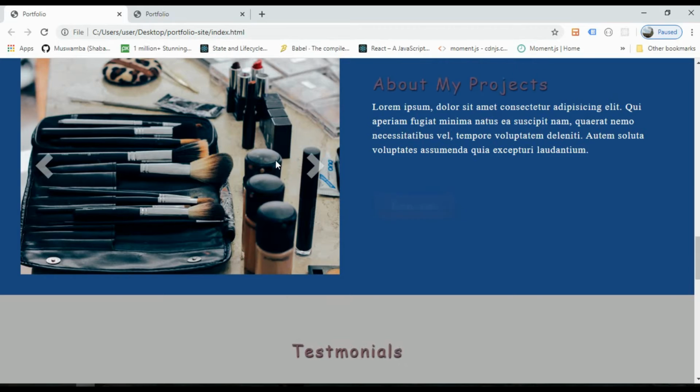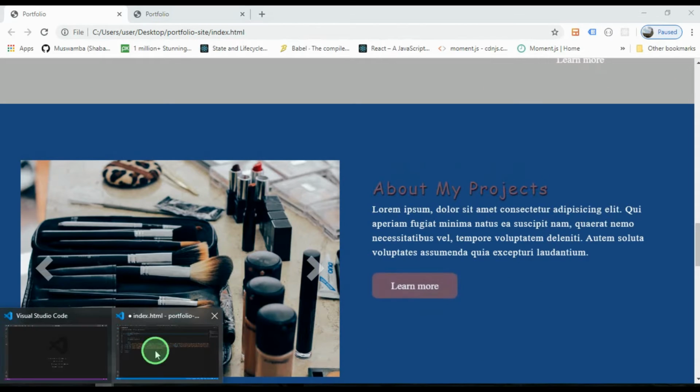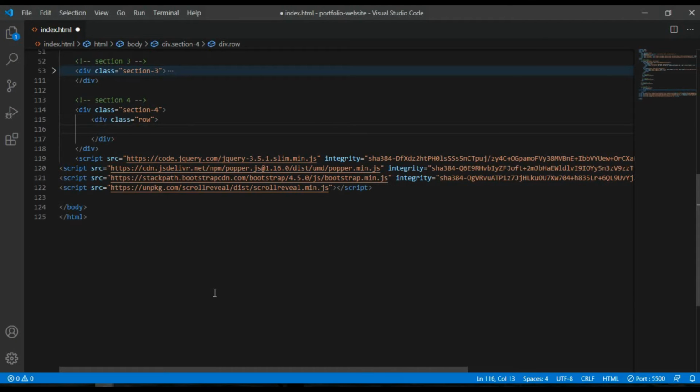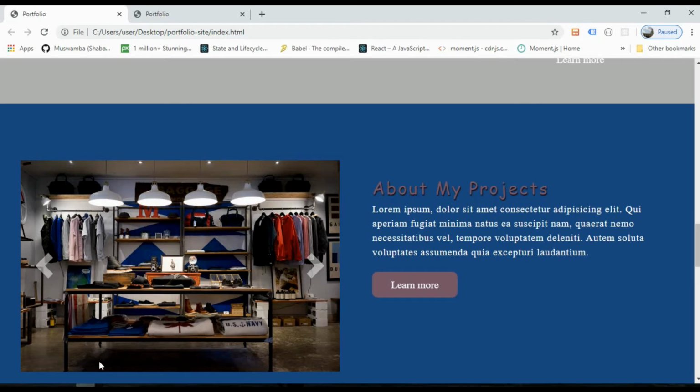This is what we have in section 4. So we need a row. In a row I need a column medium 6. So I'm just doing this the simple way. You can see this very simple way. Right, so this is a column medium 6, but in this section, if you see, we are using carousel, Bootstrap